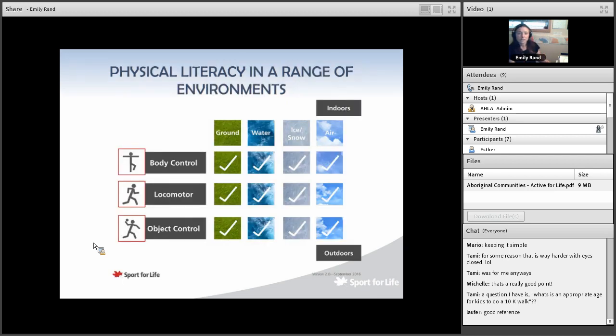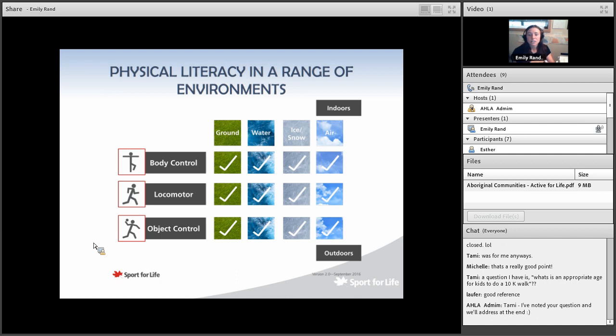The other thing with physical literacy, so that development of movement skills, confidence, and motivation, is really developing those skills, confidence, and motivation in different environments. So not always just doing things on the ground, but also in the water. We live in Canada. There's lots of water around, especially in BC and on the coast. We've got the ocean, we've got lots of lakes. So developing skills in the water so that people feel comfortable and confident there, as well as ice and snow,